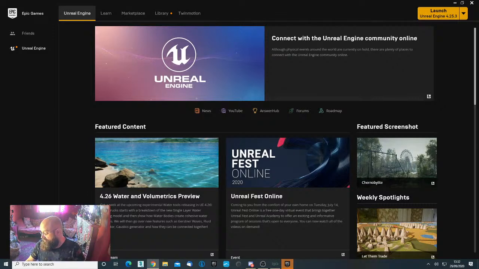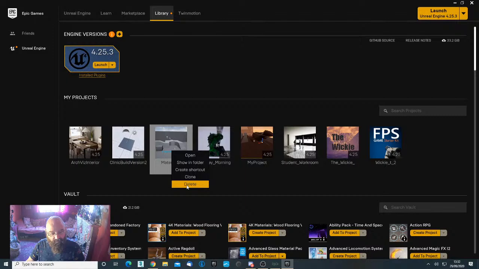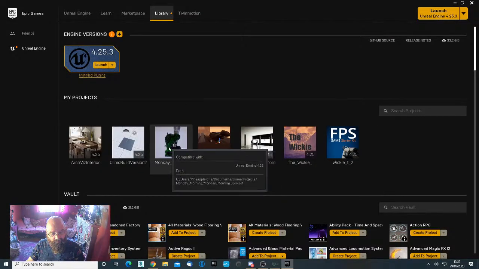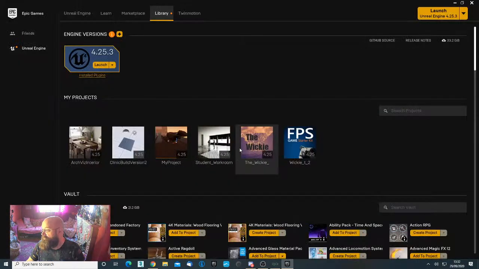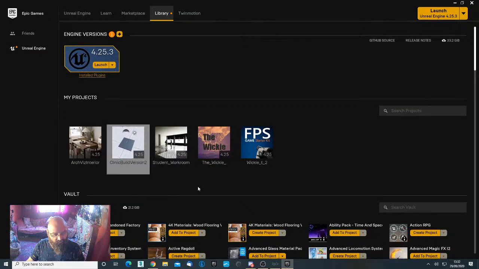Right, so I am going to make my library. I've got so much stuff here, so let's delete stuff. There we go, so this is how I get started. I've got to delete all my stuff that I've got sitting in here until I'm left with just my basic projects. Okay, next, what I want to do is I want to launch